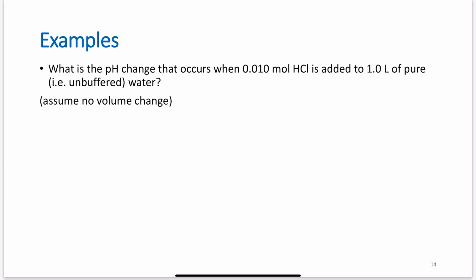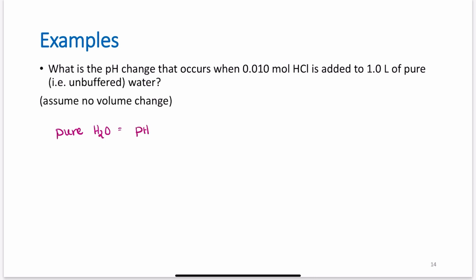Remember, your molarity is dependent upon the number of liters of solution you have. So when I add different solutions together and their volume changes, their concentrations change. When we say assume no volume change, it's just making the math a little bit easier for that example. But I want to know what is the pH change that occurs. So if I have pure water,